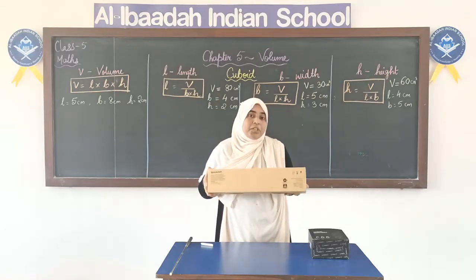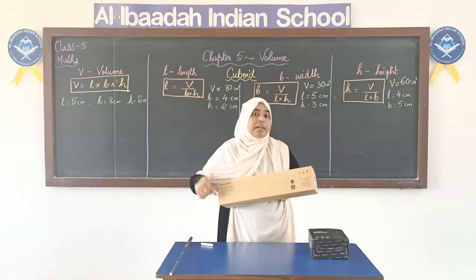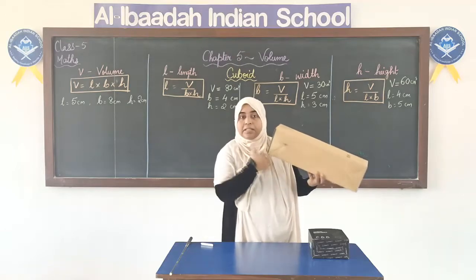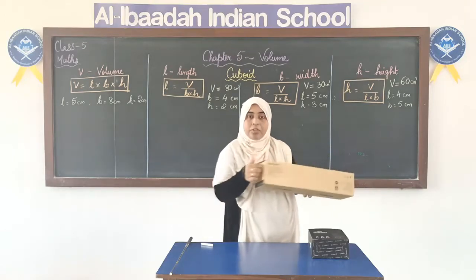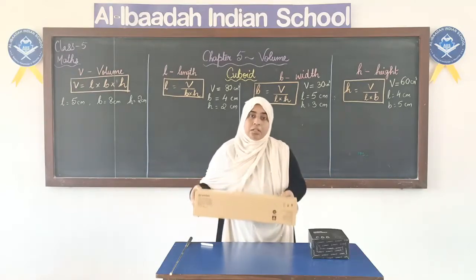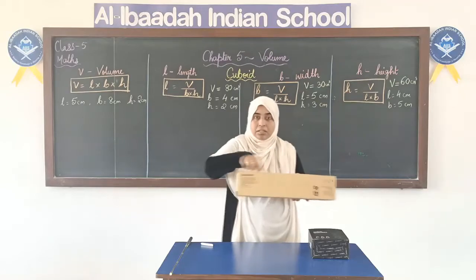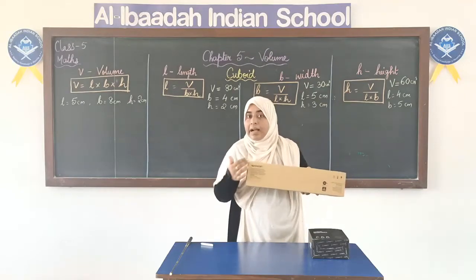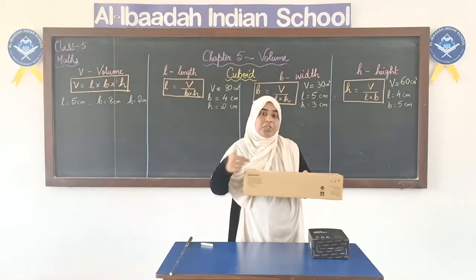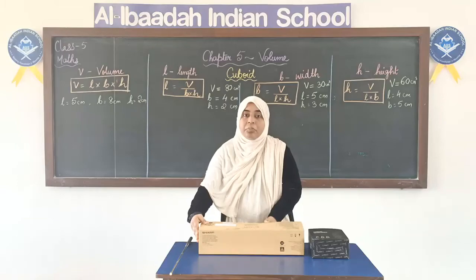Now the speciality of the cuboid is all the faces or all the surfaces of the cuboid will be rectangular in shape. If you see, this face is rectangular, same way down you can see this is also rectangular, here also this shape is rectangular. All the faces of the cuboid will be rectangular in shape. And what we mean by 3-dimension? 3-dimension means it will have length, breadth or the width and the height. So these are the 3 dimensions that a solid shape has. Okay. So I hope you have got an idea what we mean by a cuboid.